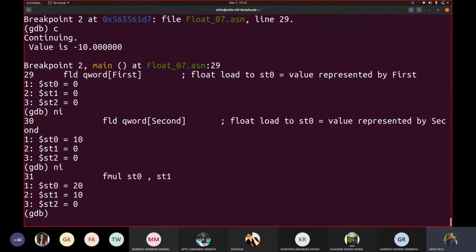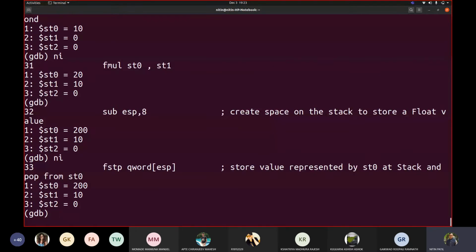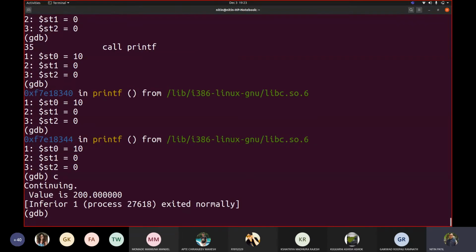Now fmul st0, st1. Multiplication done. Correct. Yes, I understood it. Fine. Ni. And then it is popped. Correct. So that 200 would be printed. 200.000.